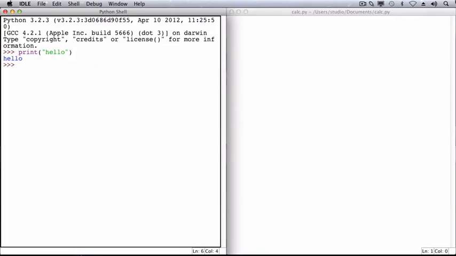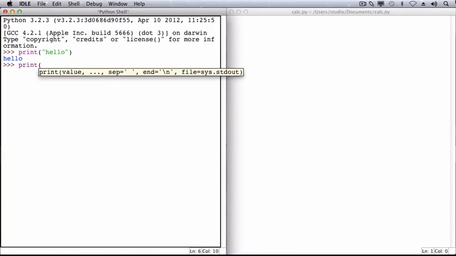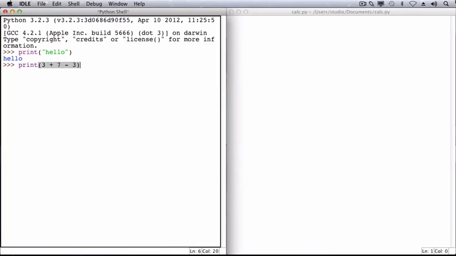Notice that when hello is displayed, it's displayed without the quotation marks. The quotes are only for Python's internal string representation, and they're not seen by the user. Let's call print again, passing a mathematical expression as an argument to the function. In this case, the expression is 3 plus 7 minus 3, and that expression will first be evaluated and then